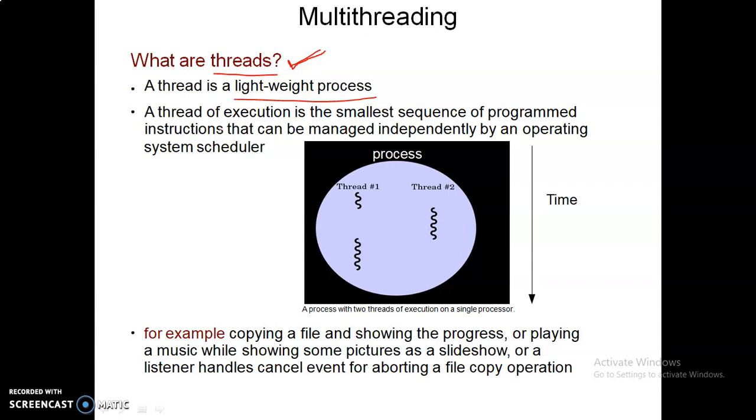That is, we can create a thread as a set of instructions. For example, I want to perform the sum of 1 to 10 numbers. That code we can create as one thread, or generally it is a function, and the function we can attach to a process which is called a thread.